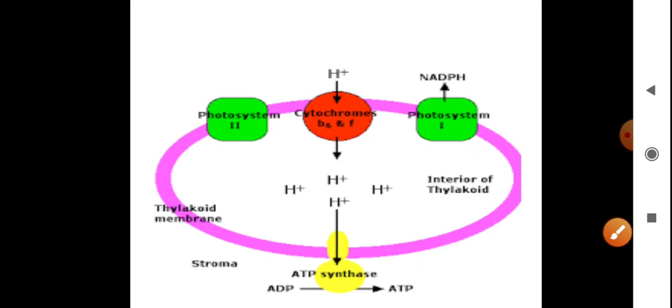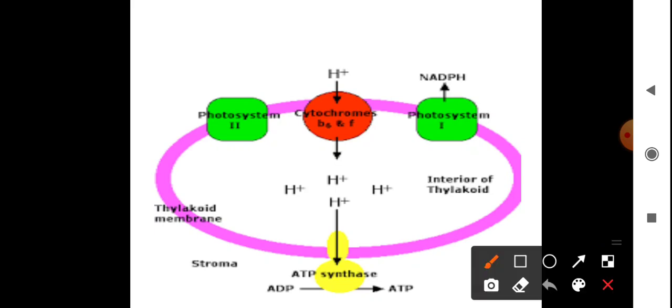So from here it is clear how ATP is formed and why we are so interested in this concentration gradient, because it is only the concentration gradient of protons, when it breaks down, that helps in the synthesis of ATP. This is how ATP is formed. Now we will complete the Z scheme of electron transfer.